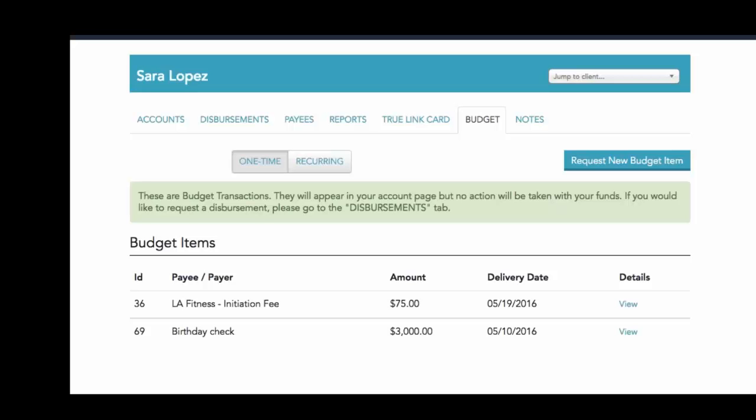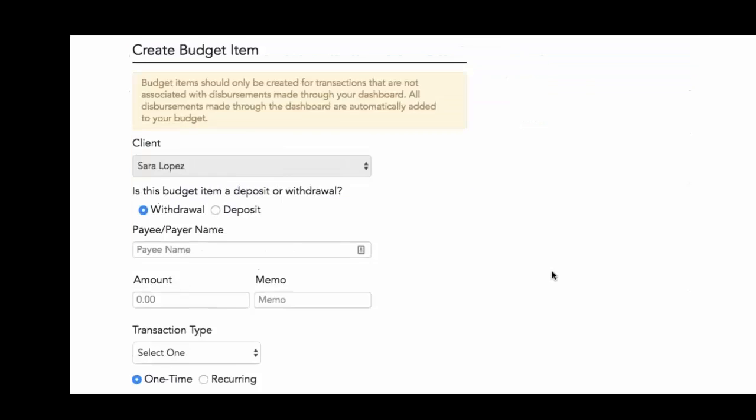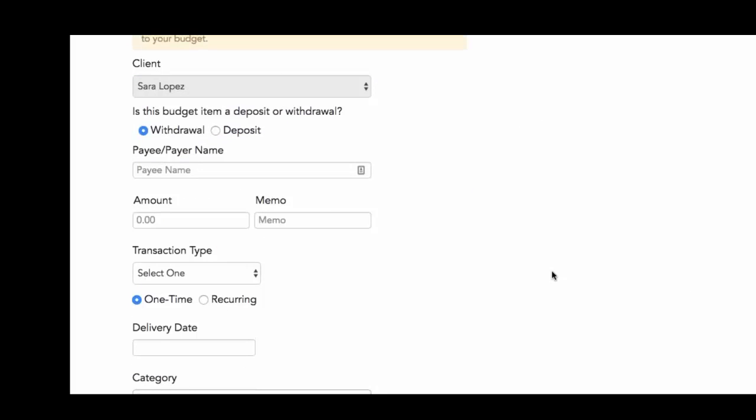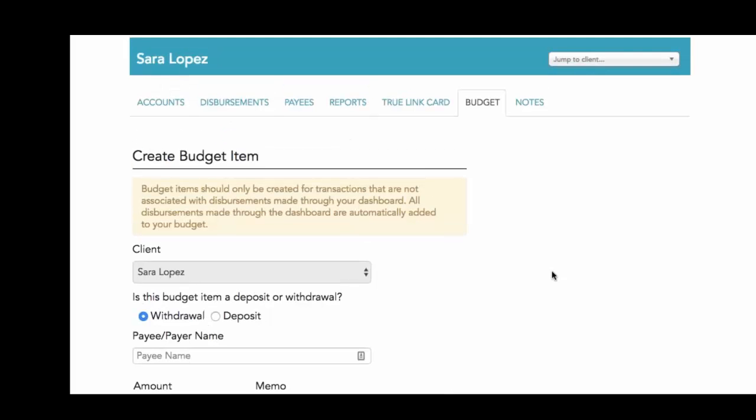Or if you know that someone's going to debit the account every month, or if you know there's going to be a big expenditure in January for that bathroom repair, you can put a budget item in place, which works a lot like a disbursement, but it doesn't actually process the funds. It gives you a sense of how much will be spent out of that trust account over the coming year.